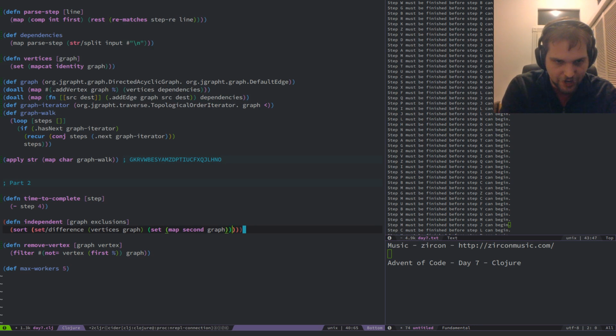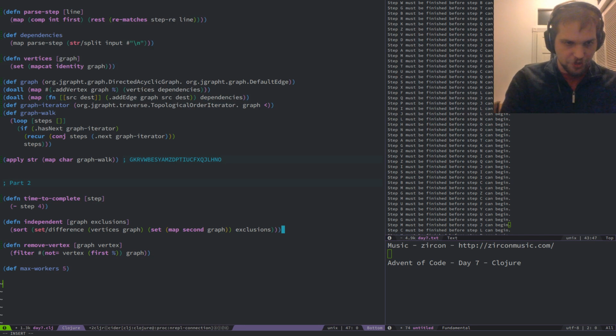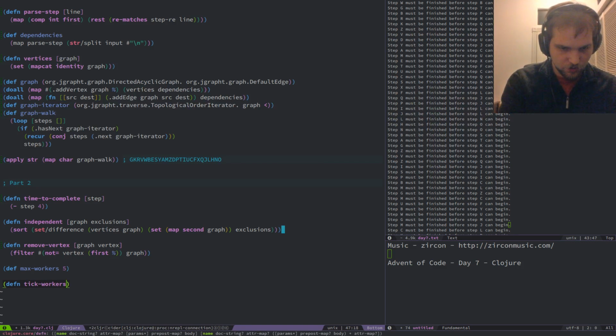So I'm actually going to add this thing here. So that'll be things that are being worked on currently. So then when I walk the graph, see, we have graph workers.